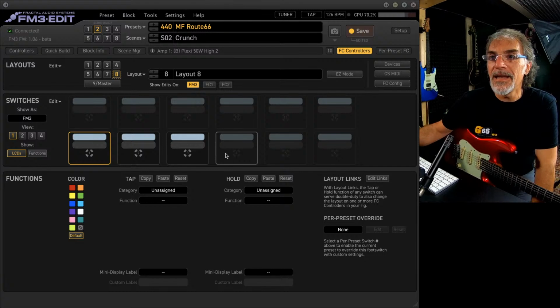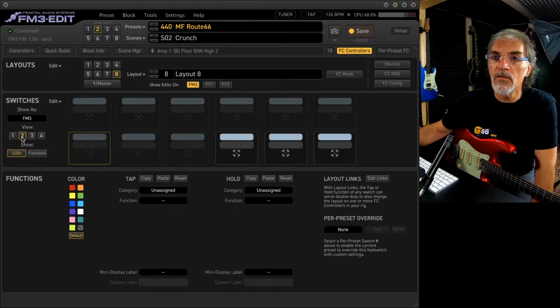And you can navigate between the views. So this is the view number 1, and you can see here the view addressing. If I click on 2, as you can see, I can see the second 3 footswitches.